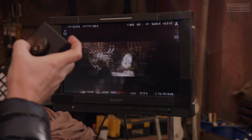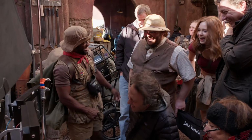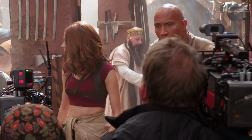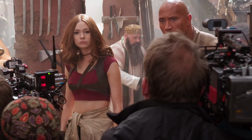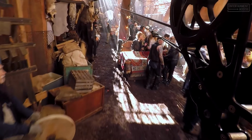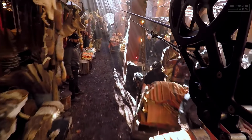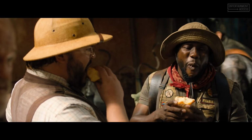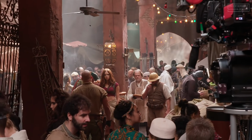Shoot the guns. That's so slow! The whole sequence in the bazaar, we shot that part of the movie in Atlanta, and there was this fair amount of orchestration and choreography to it, figuring it out. That was really special because there were so many extras and it just felt so real. I would describe this set as a marketplace that I don't fully understand, but we've got a lot of stuff, so if you want to buy something, they might have it. Let me try some of that. 3, 2, 1,